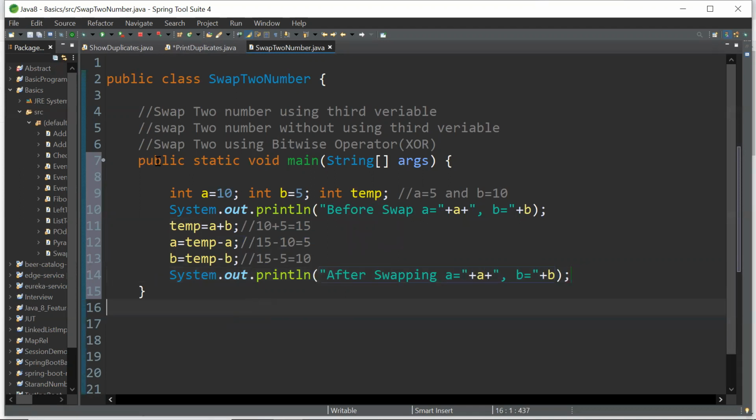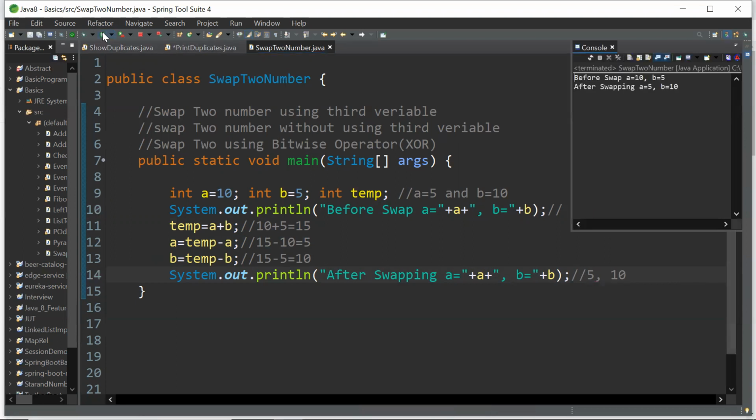Then print after swapping: a equal to a, b equal to b. The output should be here 10, 5, and here 5, 10. Right? Then print the output.